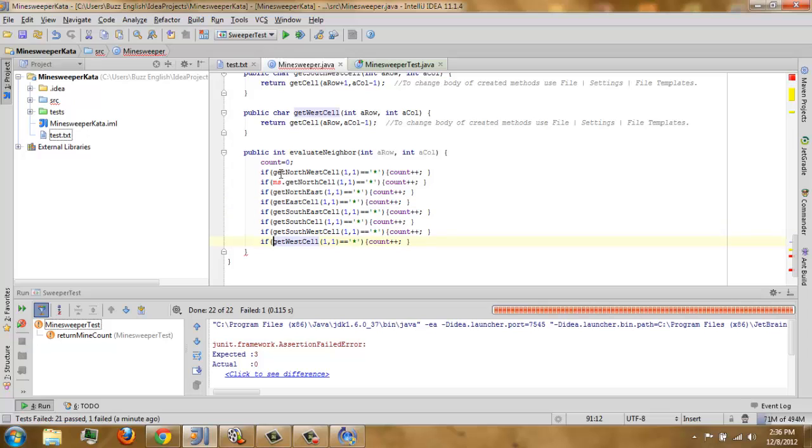Instead of 1, 1, we're going to use the row and column here. Then just do the copy paste.